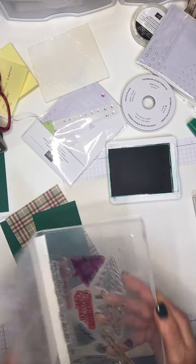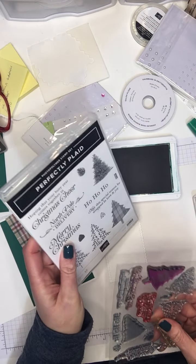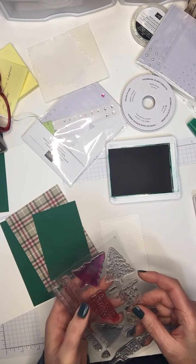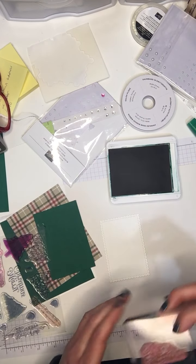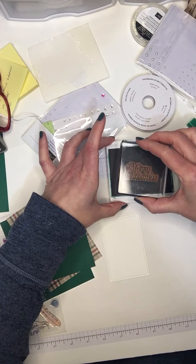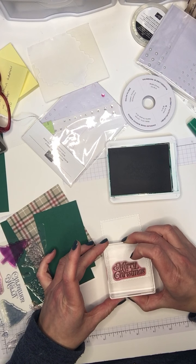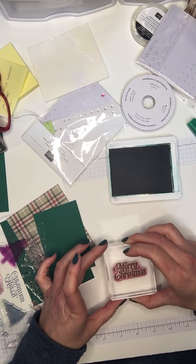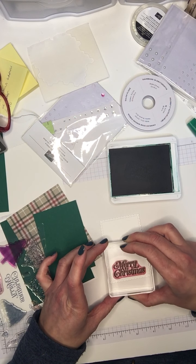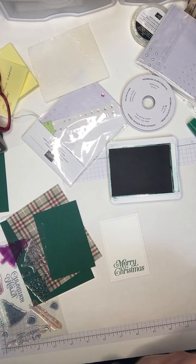So as you may have guessed from the color choice, I am making a Christmas card. I'm using the Perfectly Plaid set to do that. I'm going to start with my sentiment. I'm just using the simple Merry Christmas, and I'm using shaded spruce ink. I just want to make sure I've got enough ink on that. Very nice. All right, so